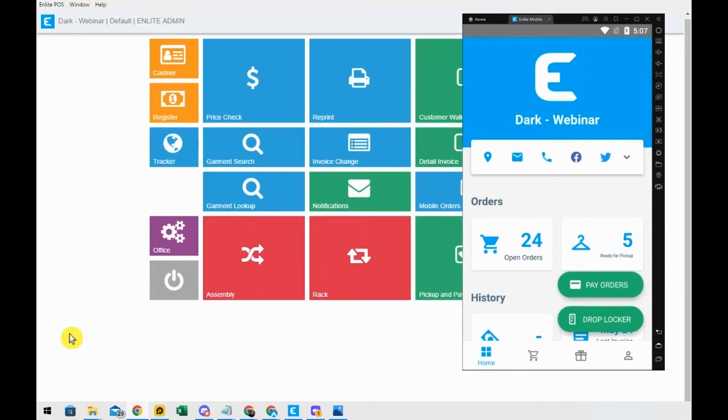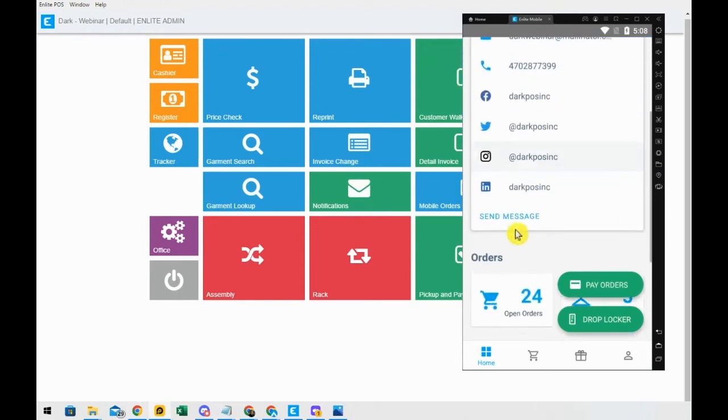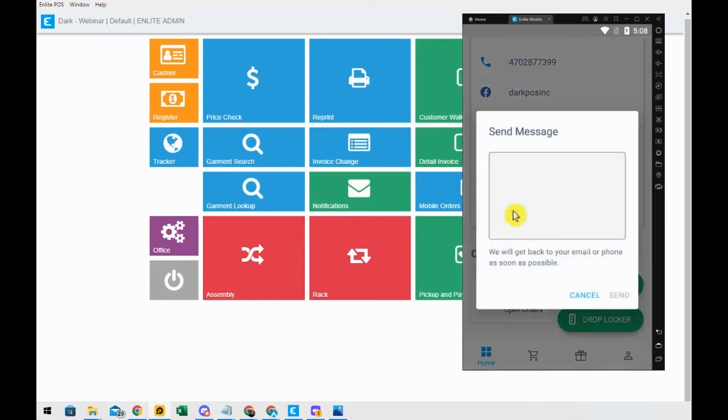If we go by text, you will receive several of the notifications sent by the customer or by the customer app on your mobile phone. One of them, for example, is the notification sent from this send message button. If a customer sends you a message from here telling you something like,